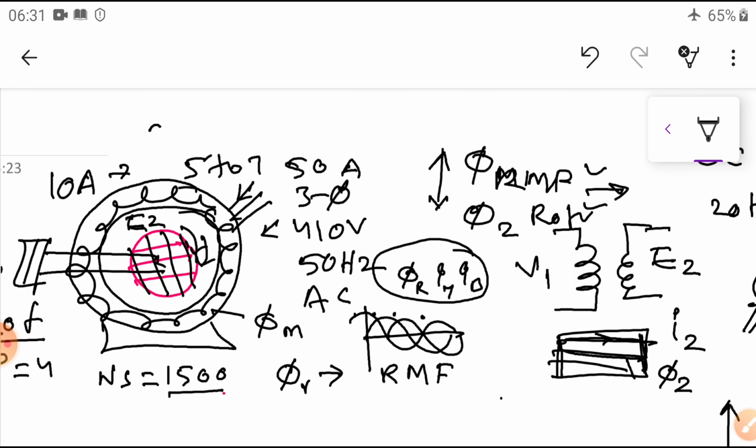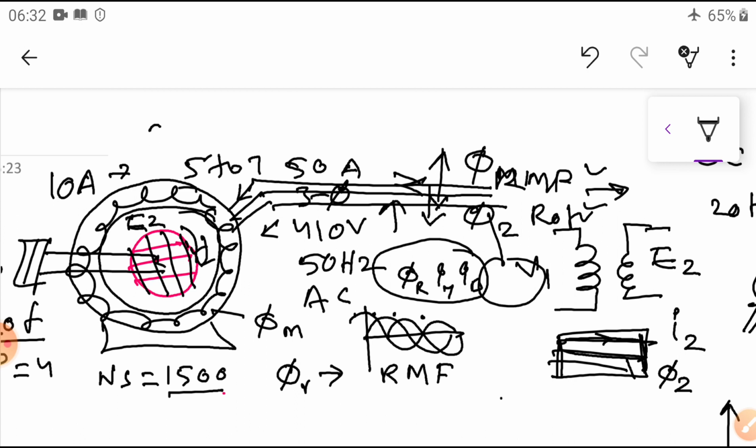What happens? It is connected to the normal distribution lines. If the current increases suddenly, a voltage dip takes place in the line. This may affect the consumers connected to these lines, which is an unwanted thing. So why is it drawing the current? Because at standstill the rotor speed is equal to 0, so it acts as a short circuited secondary winding, hence it draws more current. These are the things we are going to cover in this session.